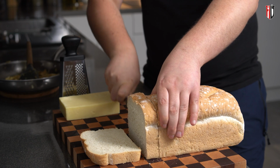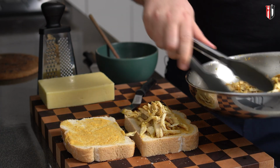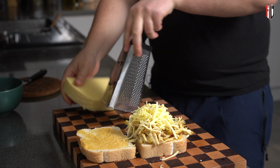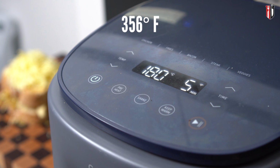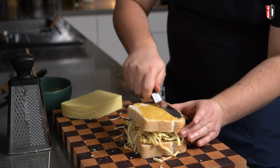Get 2 thick slices of bread. First goes the mayo. We're following with the chicken, grated cheddar cheese, or you can use mozzarella cheese. And before we get it into the air fryer at 180 degrees Celsius for about 5 minutes, we're gonna go with another layer of mayonnaise on top and